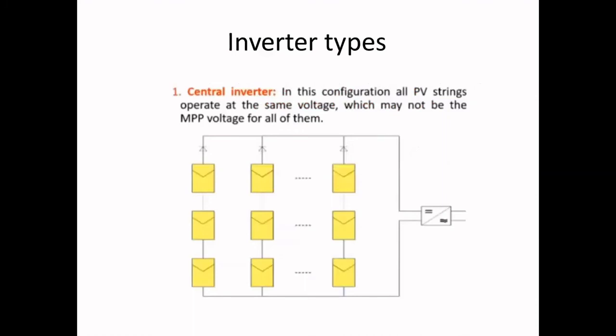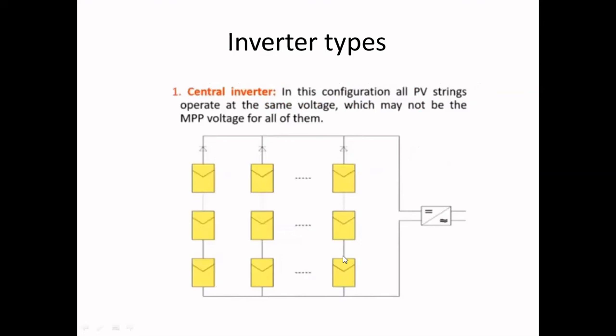A central inverter is nothing but we will connect all the solar panels to a single inverter, which will be maintaining the total power output, and this will convert the total power output to AC or anything such that it can be used by the load. Okay, this MPPT will be a single MPPT. We have many advantages for this, and we have pros and cons.